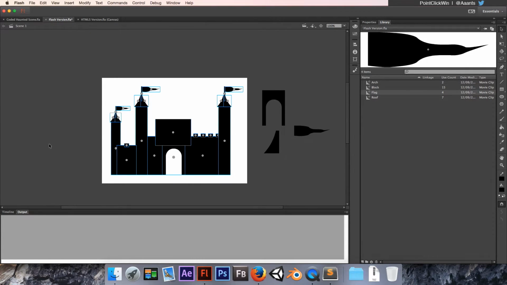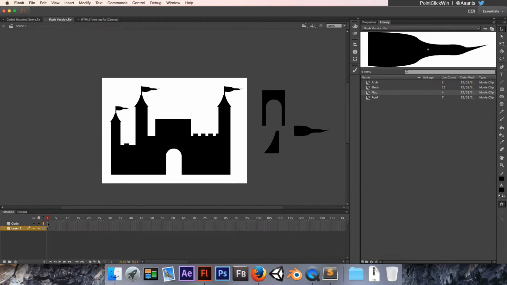The important thing is that it's made up of symbols. We can't have this made of shapes for the Flash version at least, because it won't tween in. So it's a bunch of symbols. We're going to see them come in bit by bit. But if I was to do that the way we've been going about it so far, I'd have to go through and painstakingly name everything and then list them in my code. So we're going to automate the process a little bit by looping through everything on the screen. So with the castle set up, I'm going to flick to my action script